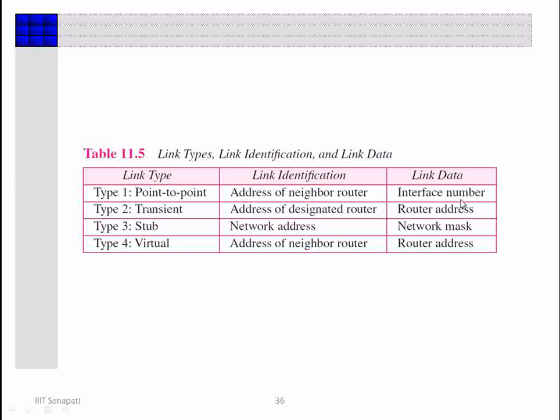Interface number will be the link data value. If the link type is transient, then the link identification is the address of the designated router. The stub will be the network address, and for virtual, it is the address of the neighbor router. The link data is the network mask for stub, because it already has some IP address and the mask is given, so it can find the network address.